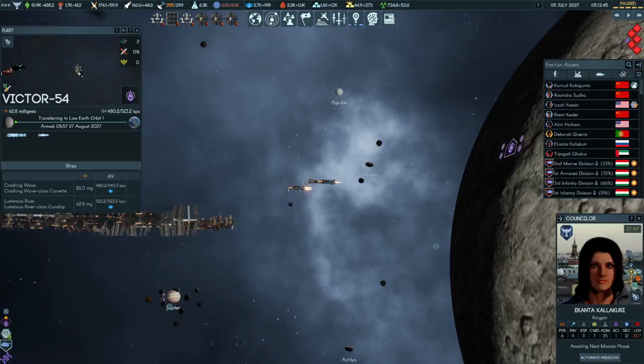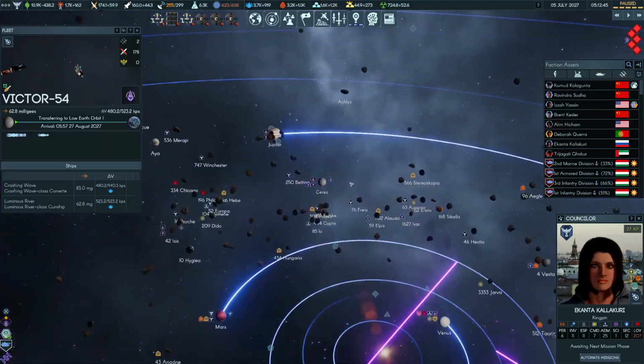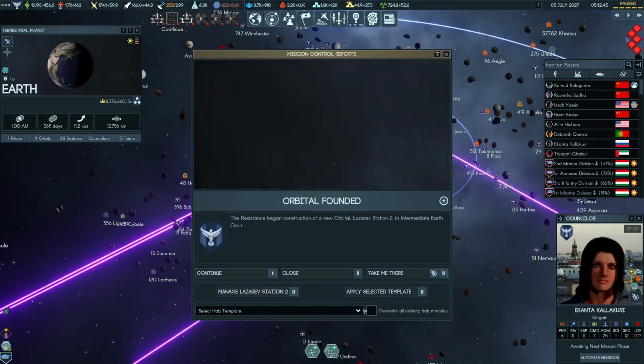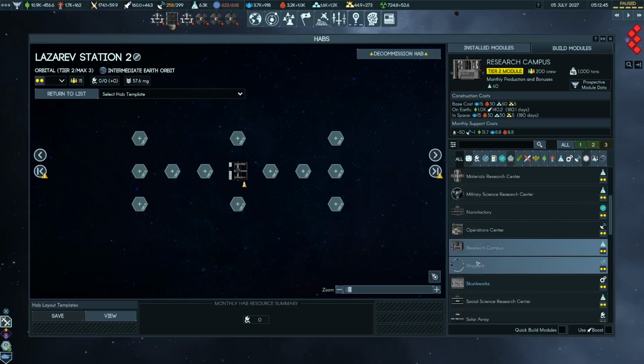Actually, you know what? This does remind me. We've got enough MC. We've got enough resources. I want to build a second shipyard around Earth. I will report when my mission is complete, for emergency purposes. So,